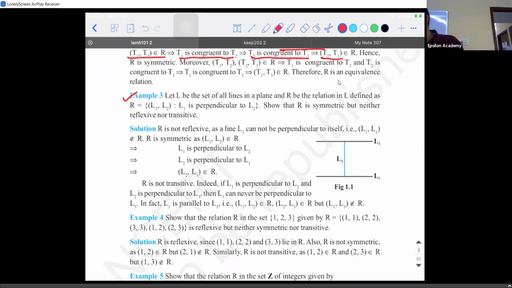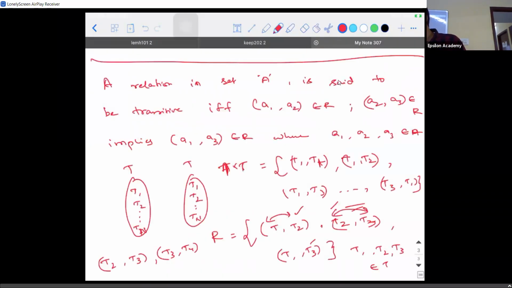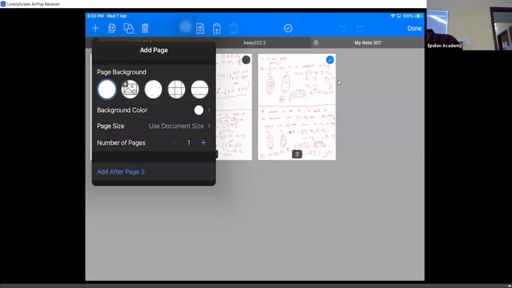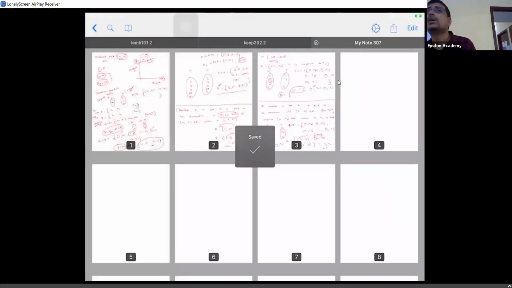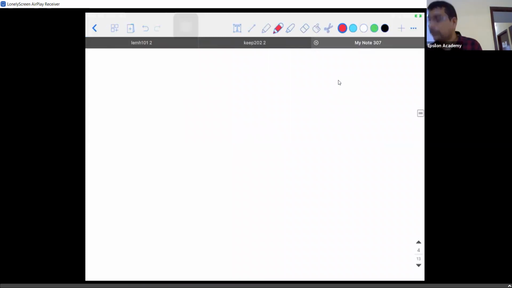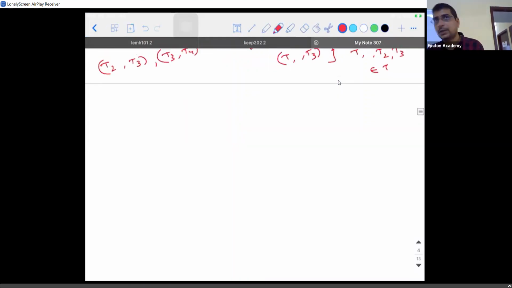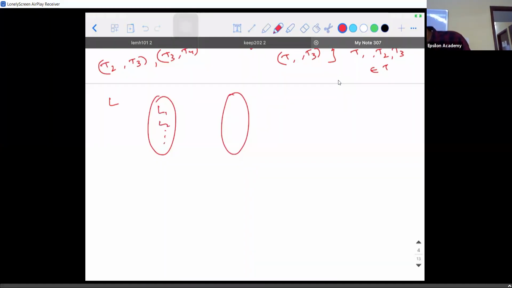Let's think about it. Okay, don't look at the solution. You guys think. See, suppose this question comes in your exam, how are you going to solve it? That's what I want to know. You want to try? First you answer, you tell, I will write, then you can copy it. So set L, set L. How will you imagine? L1, L2, so on till, let's say you have n lines in your hand. Similarly, here also you will have L1, L2, so on till n lines. This is set L, this is set L. So first, how will you visualize?